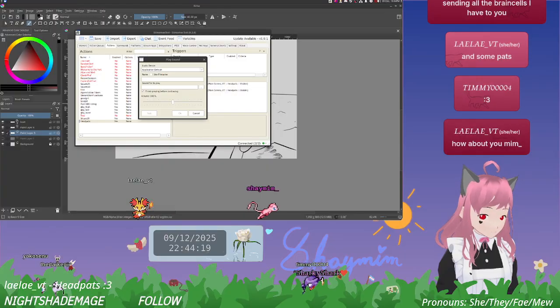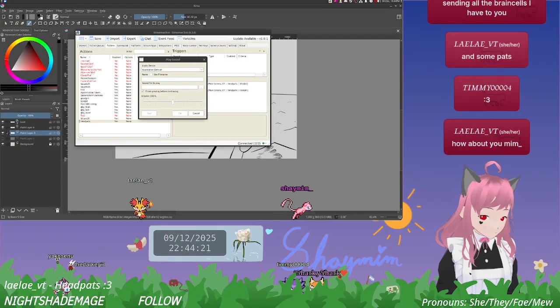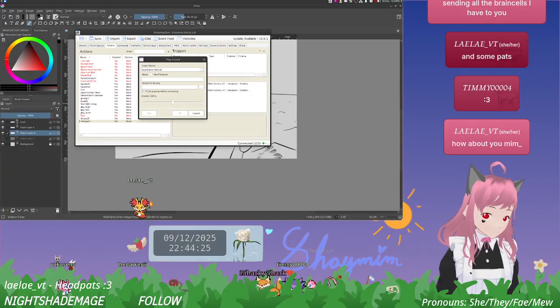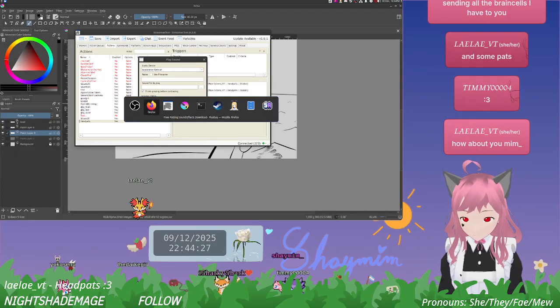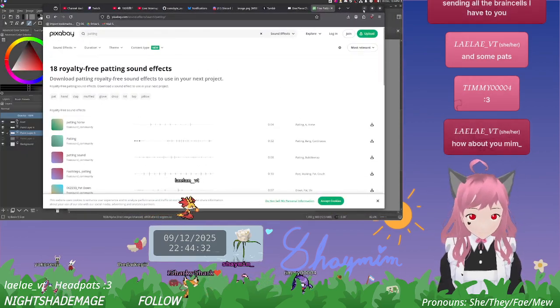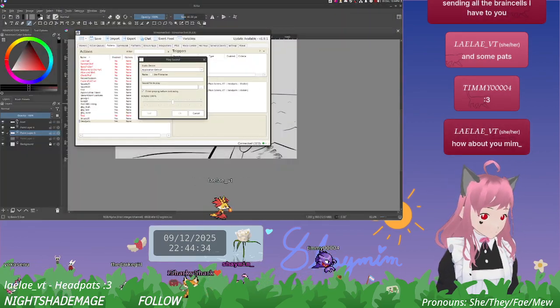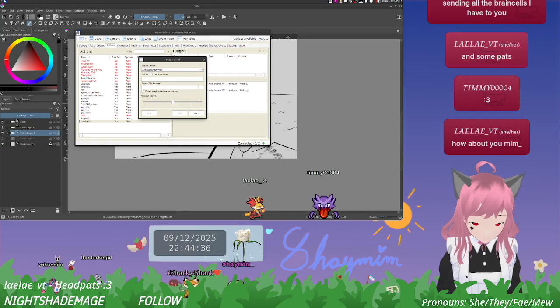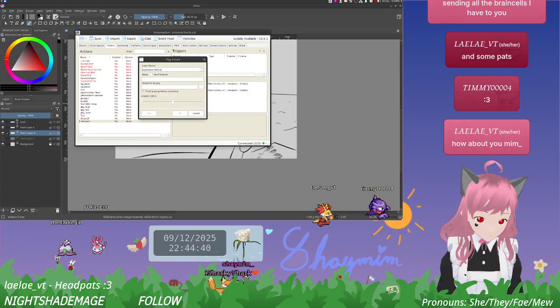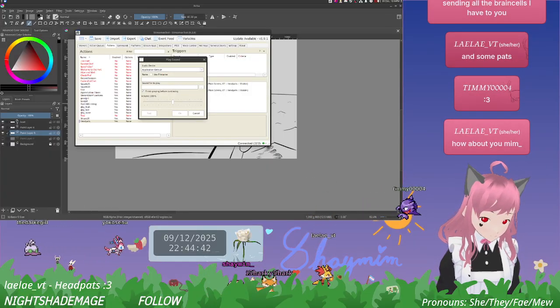It just occurred to me that if the head pats are automatic, if my screen isn't on there, I don't see them happening, and then I don't acknowledge them, and I don't get to say thank you. So what I'm doing right now is I'm looking for a free sound to figure out how I can do that. Maybe I even just do a little bell, you know? Maybe I just have a bell jingling.